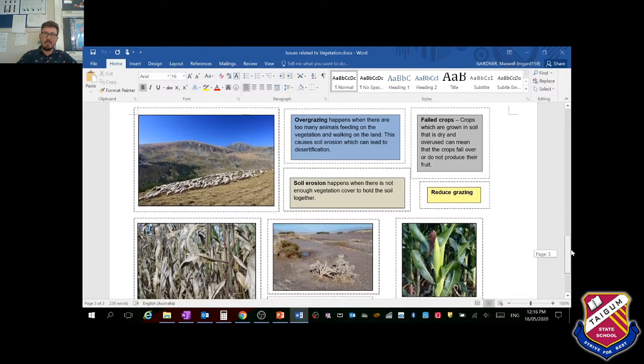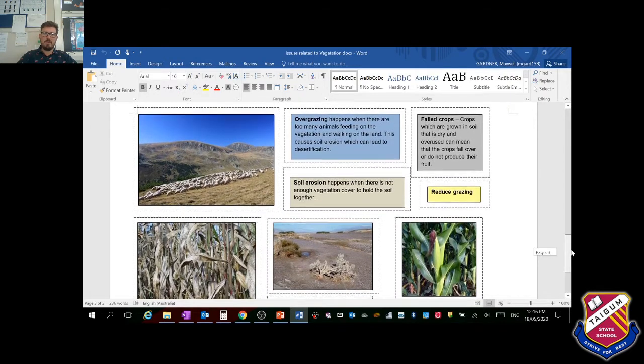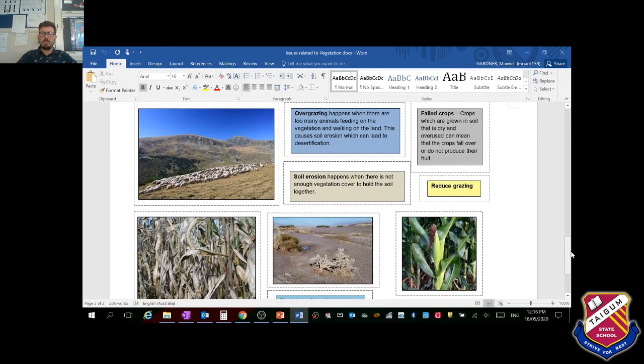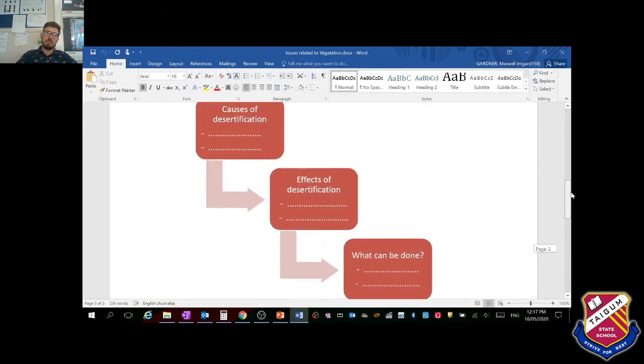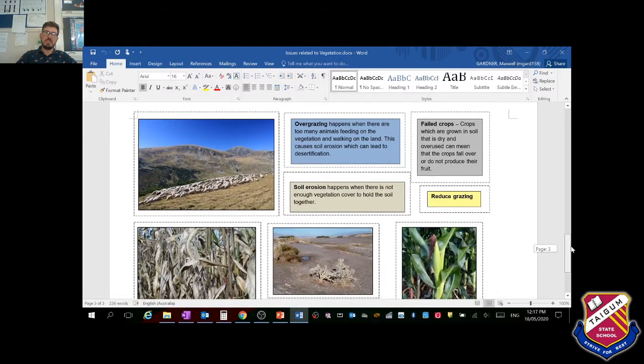man-made or human-made, like a lot of water has been pumped out of the Murray-Darling Basin by humans, which has resulted in a massive change in the ecosystem, where now the Murray-Darling is really struggling to get any use. So that is a human form of desertification. So you need to look at these pictures and think, okay,